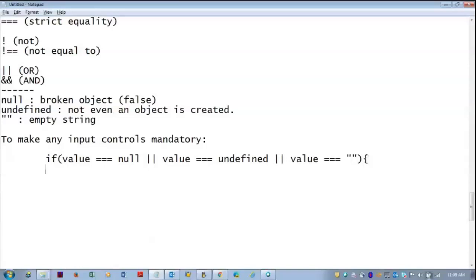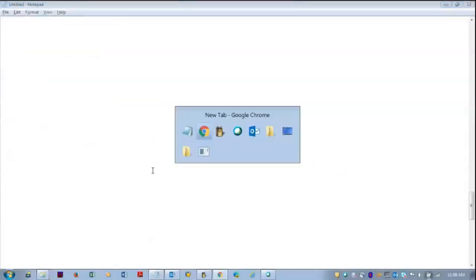If in any of the three cases, you send a message like cannot be blank, or mandatory field, fill that. This is the validation which you have to make use of. This is very, very important.